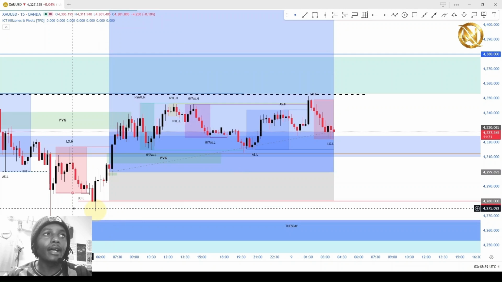An engulfing candle is a candle that is formed, not immediately, but after we have swept liquidity. We must have a form of engulfing candle, a candle that bridges the other candles. That candle may also form a break of structure, or to my specification, I like it changing direction.